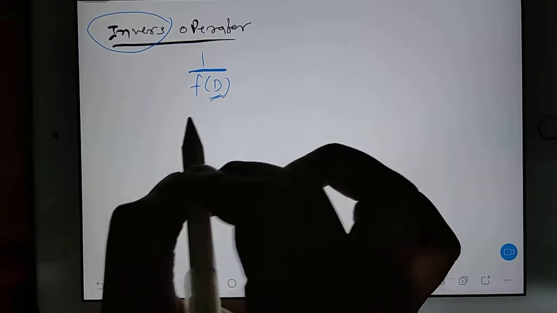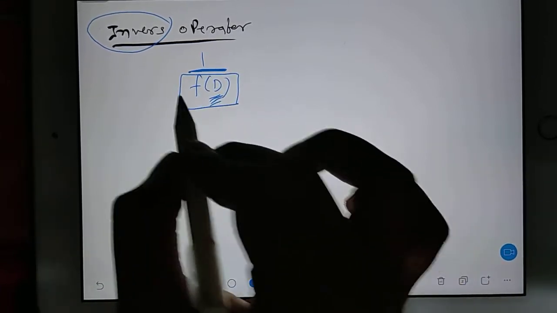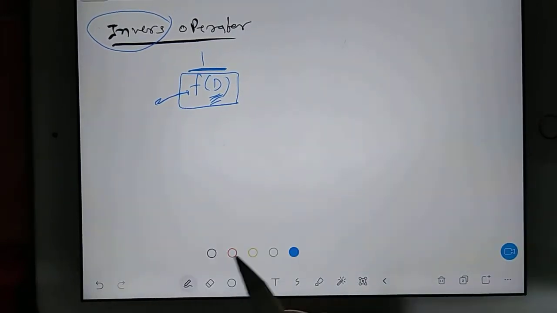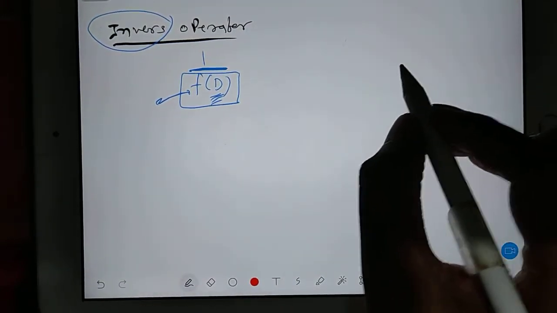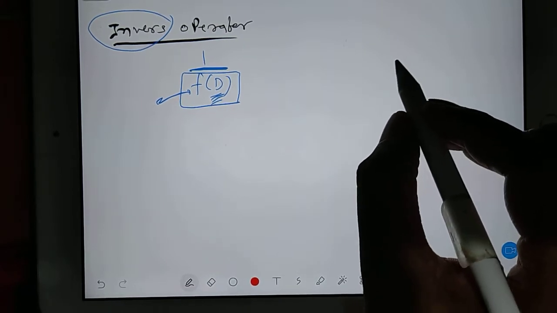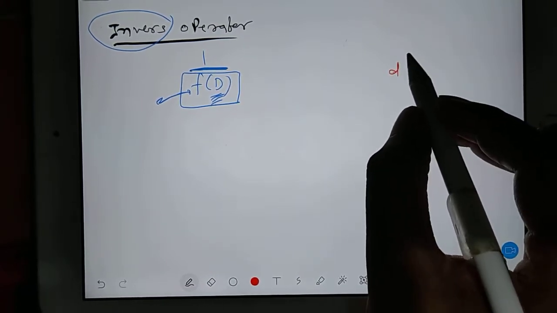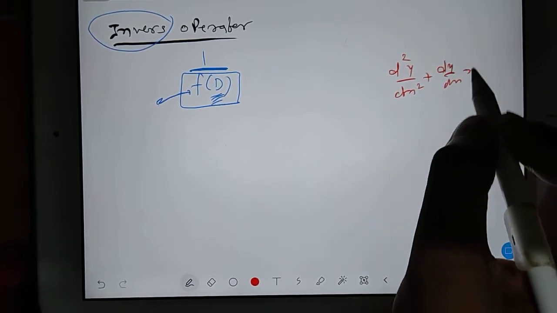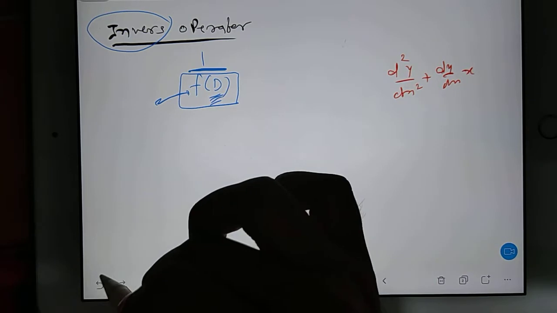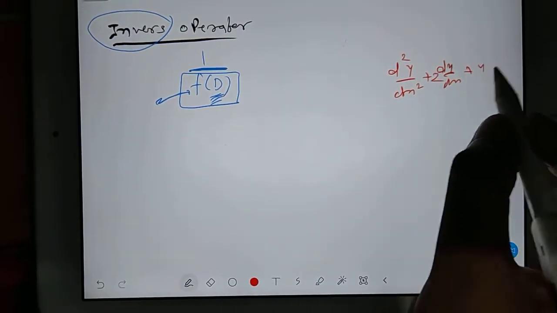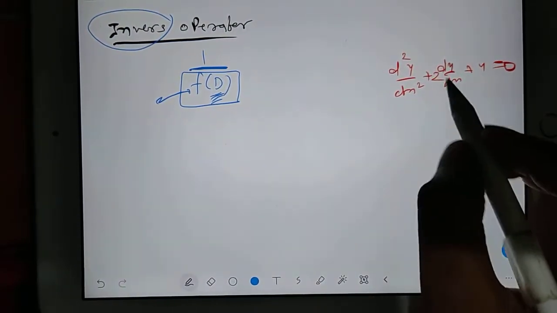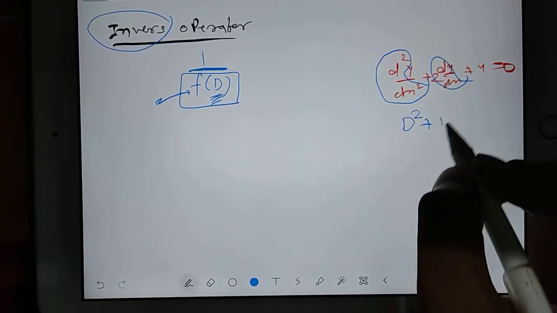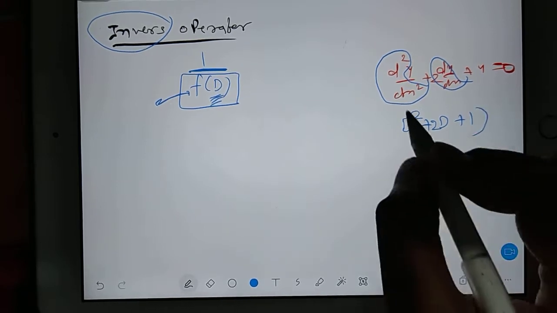You remember what this D is? This D is nothing but your auxiliary equation. Like you remember in the last class we used to do it like this, right? Just as an example, if I try to recall, suppose you have d2y by dx square plus 2 dy by dx plus y is equal to 0. So if I consider this as D square, this as D, it will be like D square plus 2D plus 1, right, into y.